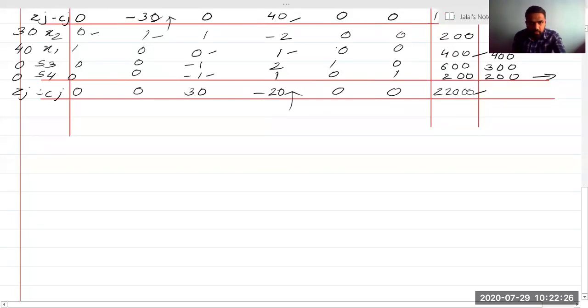Yeah. Which one is that column? The fourth, S4, and this one is, one second. Yeah. X1, X2, S1, S2. So S4 will be replaced by which value? S4 will be replaced by X2. So X2 will be as it is, X1 will be as it is, S3 will be as it is, S4 will be replaced by S2. So this is again 0, this is 0, this is 40 and this is 30. We don't even have to write this value since we are not making use of this value. But if you want to write, you can write it. And you should always write it because the examiner doesn't know the shortcut method.